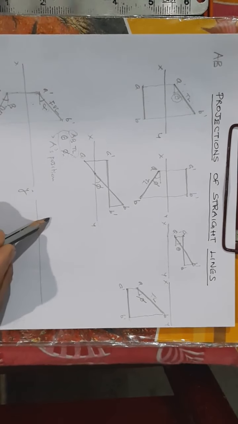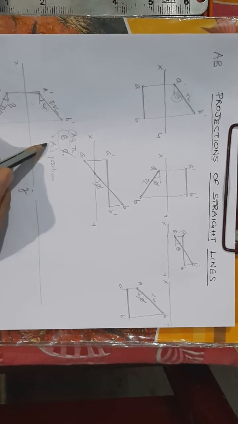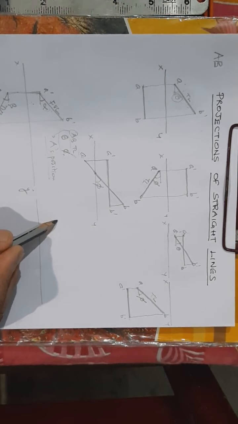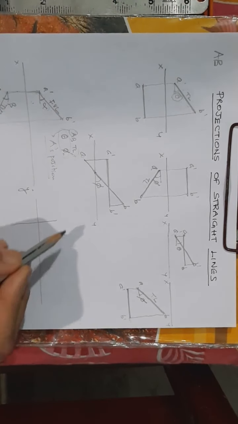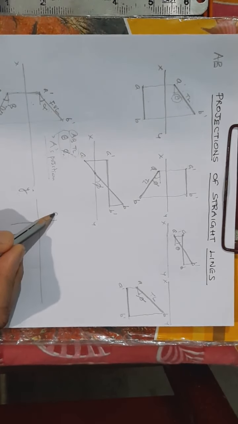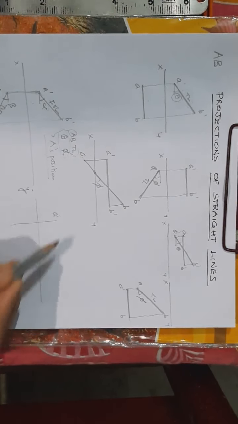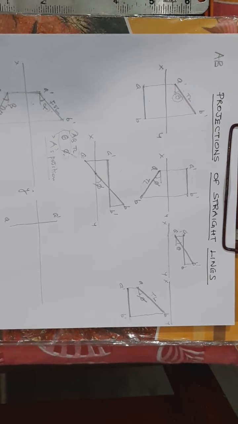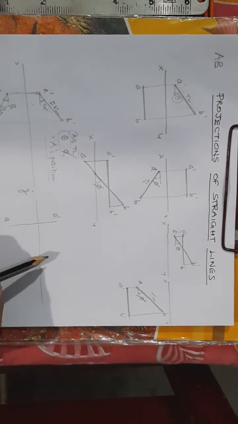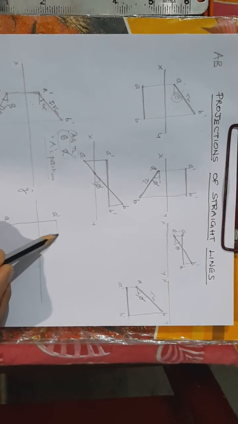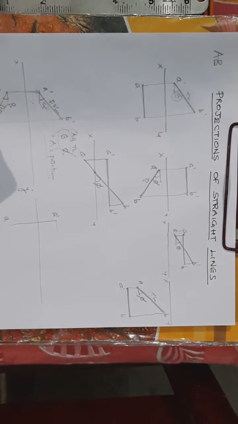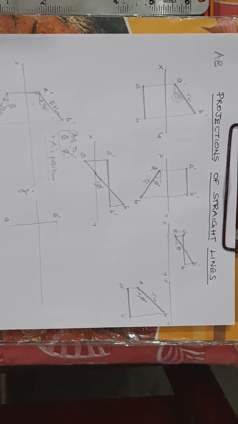So what we do is, first we fix the point A whose position is given. We draw the projections of this point. Let us imagine that this end A is in the first quadrant, some distance above HP and some distance in front of VP. So we take those distances and get the front view and top view of that end A. Then we have to find out the front view length, the alpha, beta, and the top view length, then only we will be able to draw the projections.